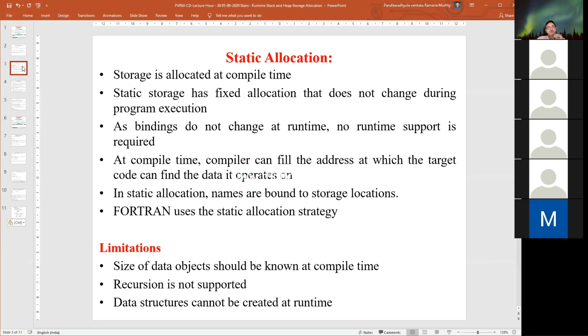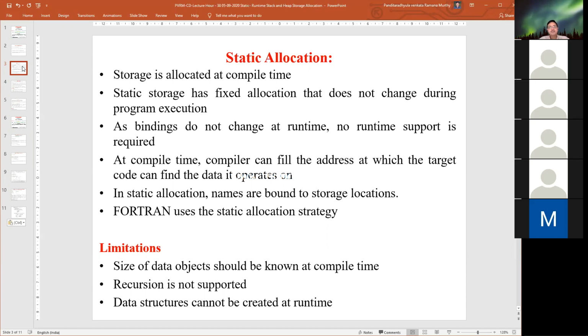Here, with reference to the compiler, we are binding these locations to the required variables during the binding phases, which we are going to learn in the next units. As the bindings do not change at runtime, no runtime support is required. Binding means attaching a specific memory location with a particular address to the referenced variable, binding that variable to the program at execution.